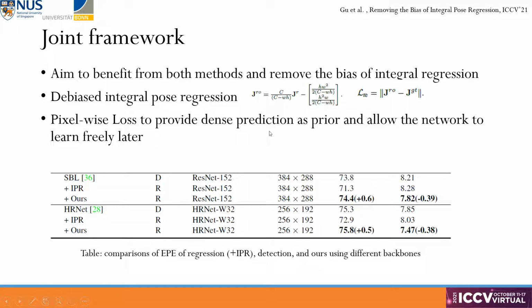Based on the two observations and analysis, we propose a joint framework to benefit from both methods. We use the unbiased integral pose regression as the main loss and use detection loss to provide a pixel-wise prior in the initial epochs. The table shows the improvement of our method over detection and